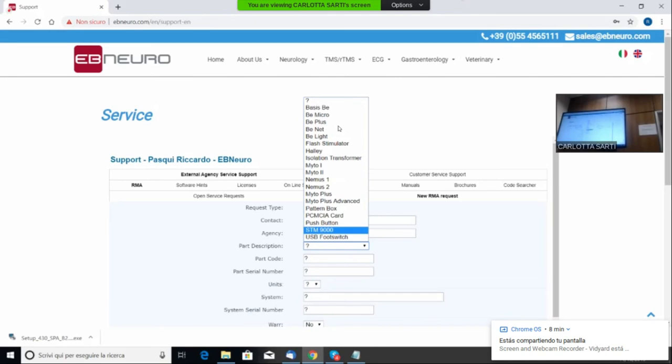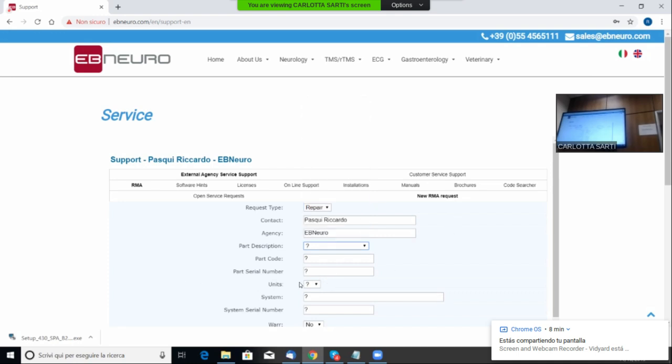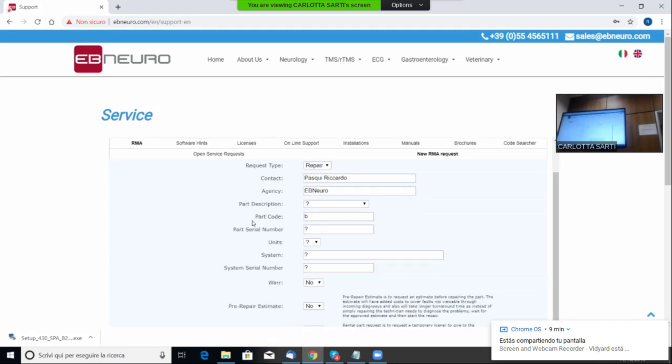When you don't have your hardware here, you can leave this, but here you can write the correct part number, the serial number, the units. How many units do you have this problem? 1, 2, 3. The serial number of the system. You have the serial number of the hardware device, the file. In the rear of your file, you can check your serial number. But in the rear of the system, you have also the serial number.